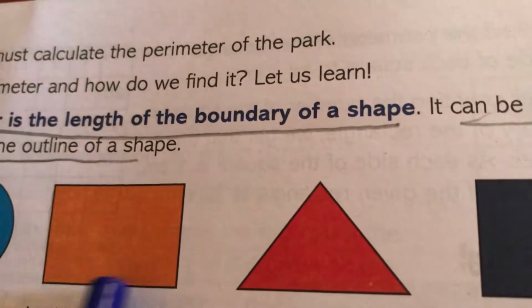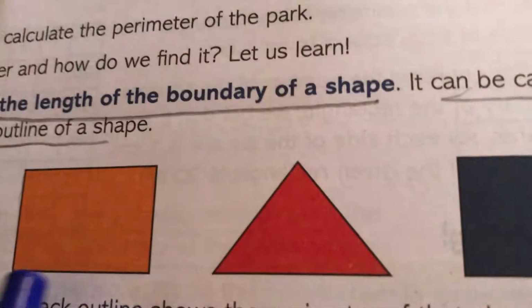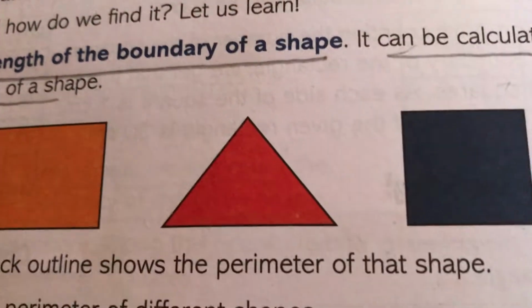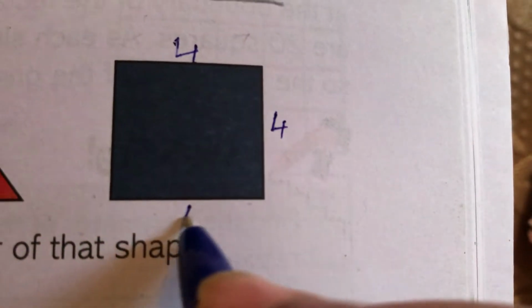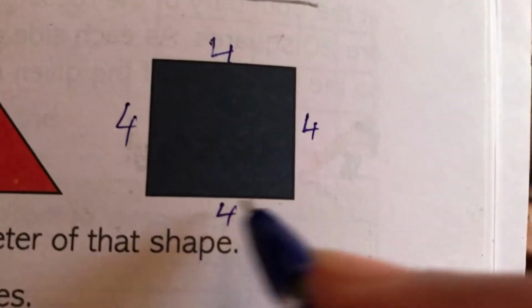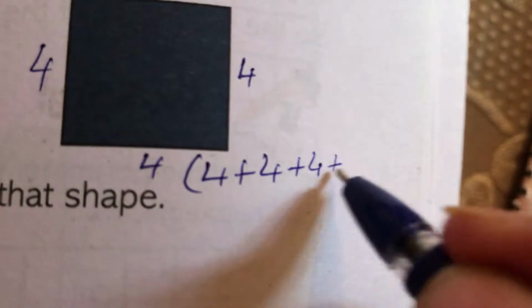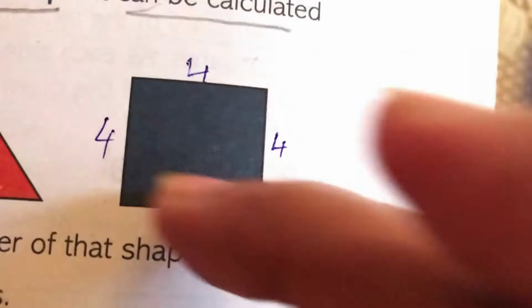When we measure the outline of this figure of rectangle and we add them, that is called total perimeter. Suppose it is a rectangle. The length of this figure is 4 cm. 4 is here and 4. All the 4 sides are equal and the measurement of each side is 4 cm. Now what is the perimeter? We have to add all the 4 sides, the sum of all the 4 sides, that is 16 cm. That is called the perimeter of the figure.